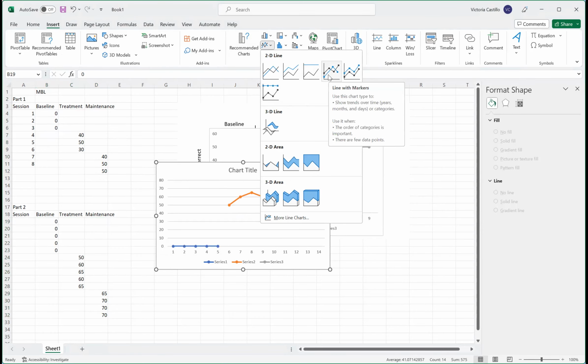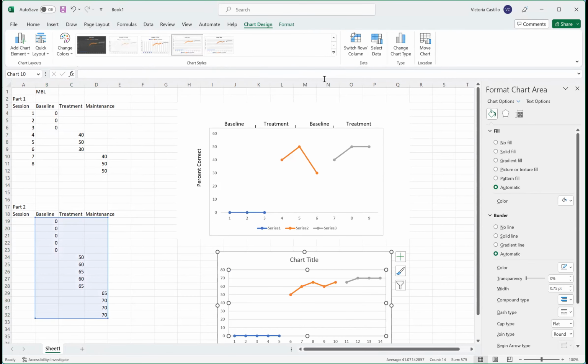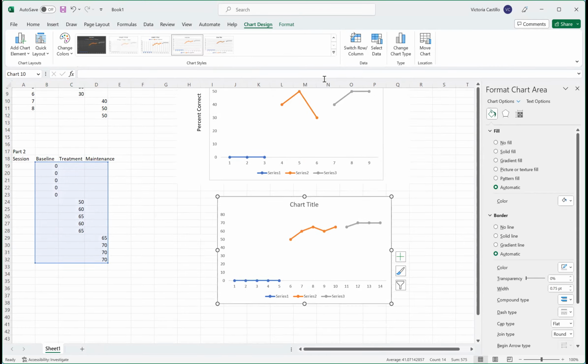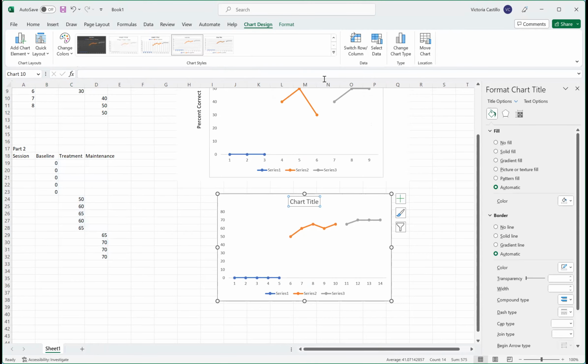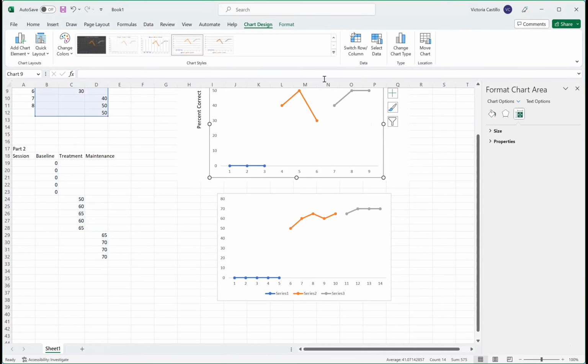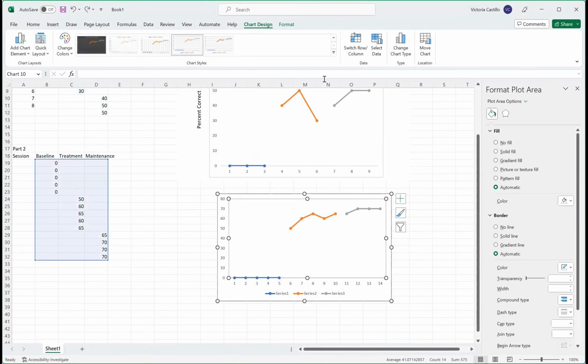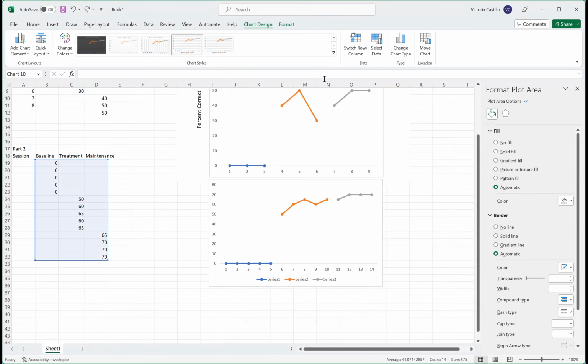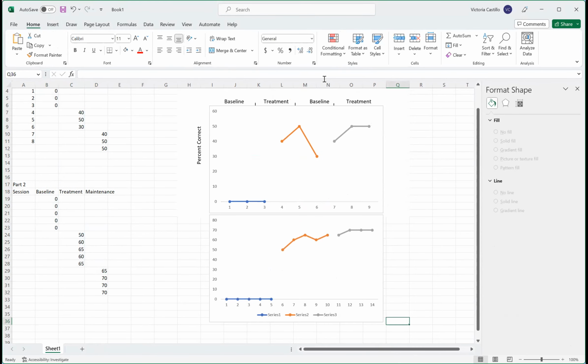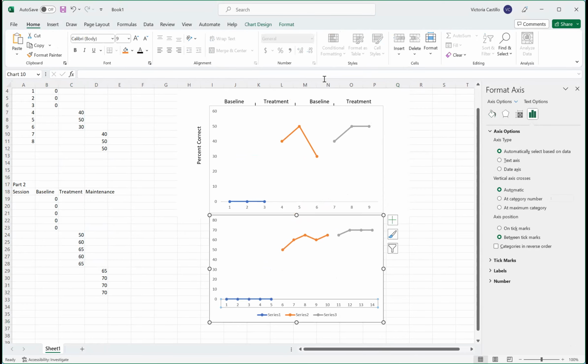So here I will grab my second graph. And what I'm going to do for the multiple baselines is I'm going to stack them. So once I have the clean graph without any of this, what you can do is actually stack it one on top of the other like this. Now, something to be aware of is that in a multiple baseline, you only need